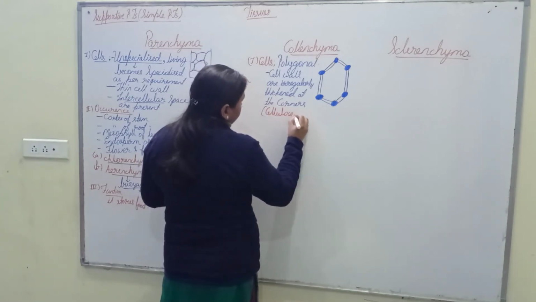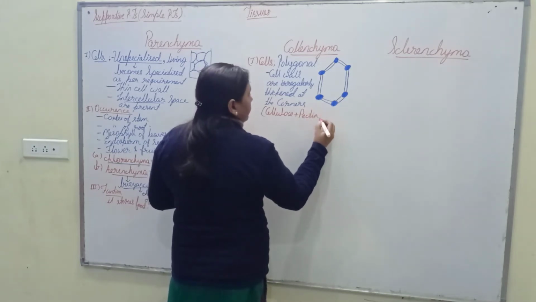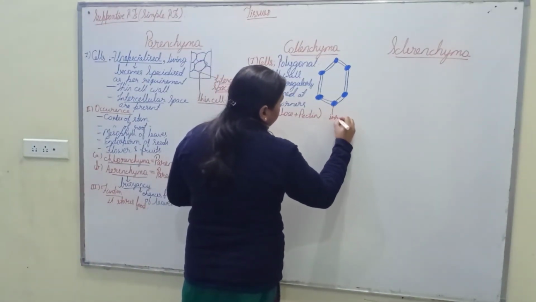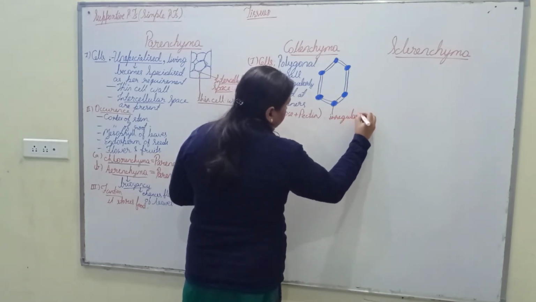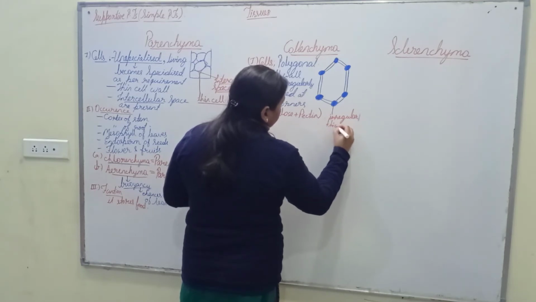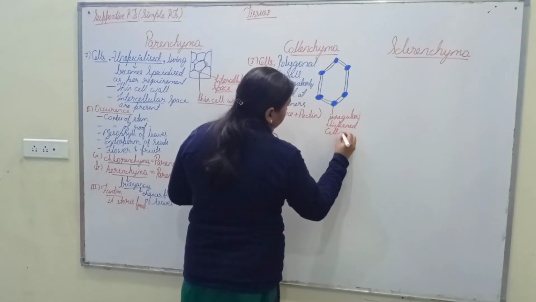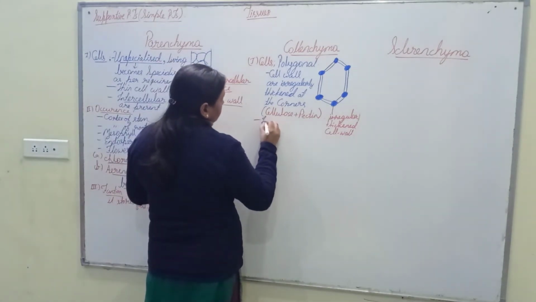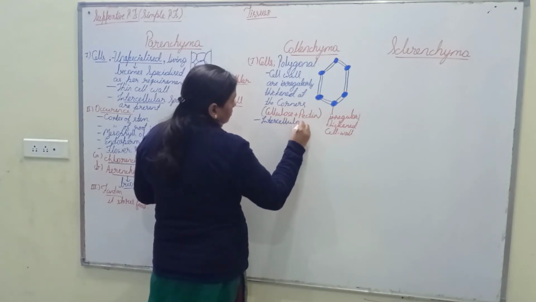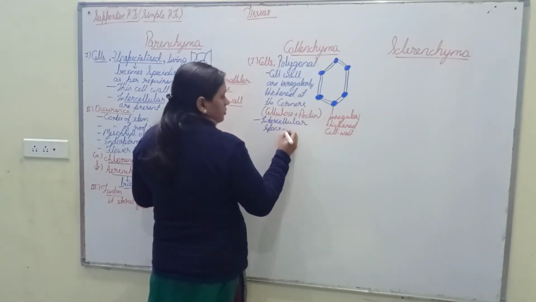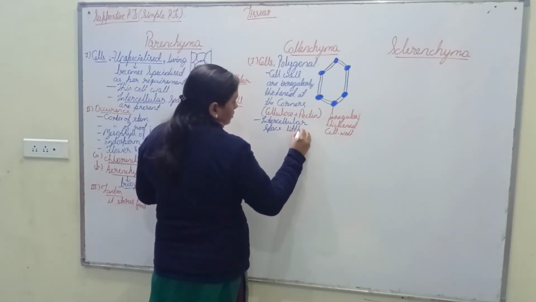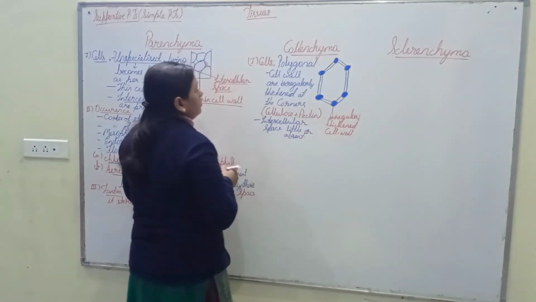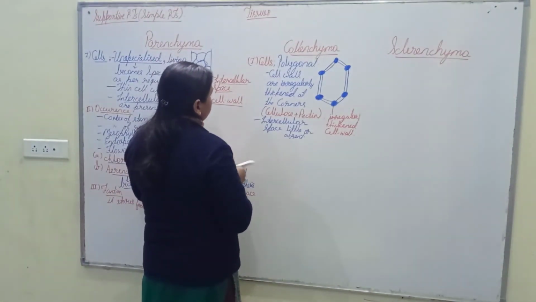Cellulose plus pectin substance. Irregularly thickened cell wall at corners, and intercellular space is little or absent in case of collenchymatous cells. And if we talk about the occurrence, that is where they are found, collenchymatous cells are found in the stems,